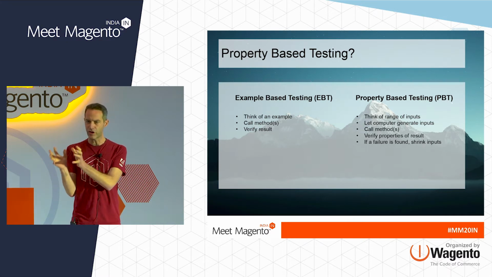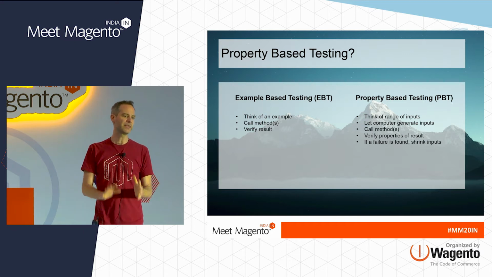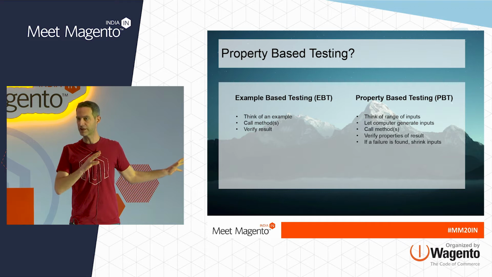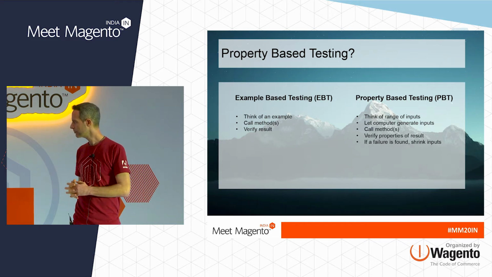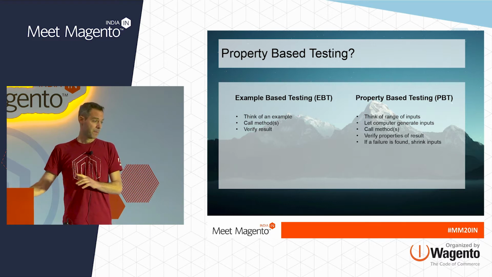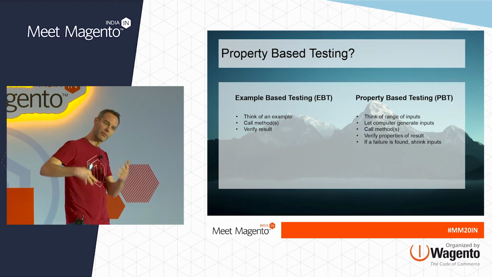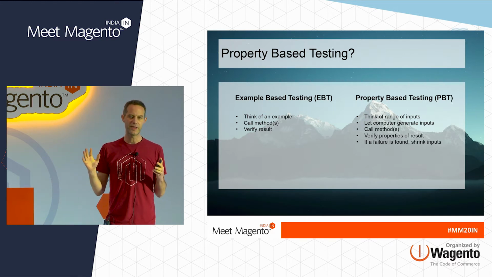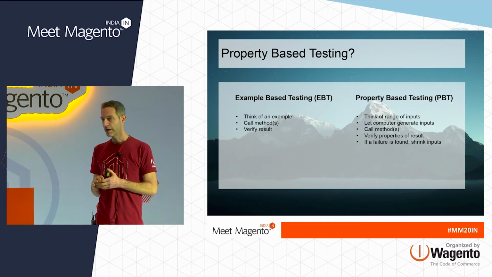But I can't use the concrete value, and that's why I have to check if a certain property about the result is true. And I'll talk more about what these properties that we can check for are, and how we can find these properties. And then I let the algorithm run and QuickCheck generate values and call my function. And if for one of these generated values, one of the inputs, this property that I defined doesn't hold true,